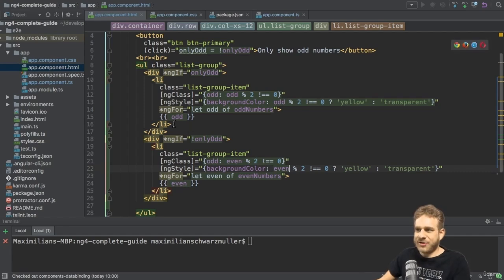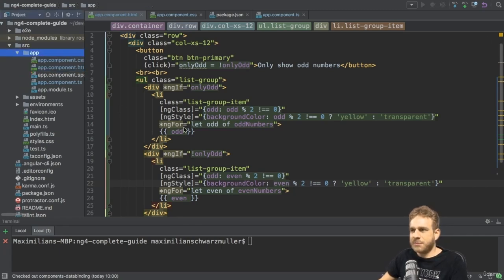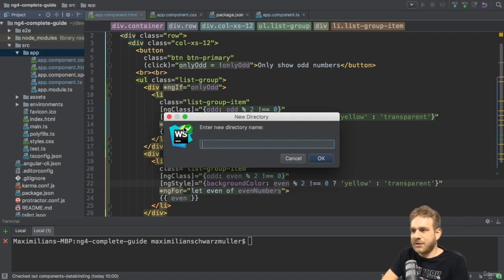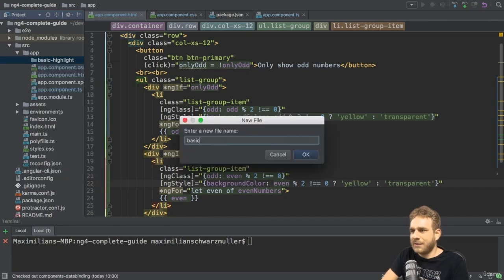So we already use attribute directives like ng-class and ng-style. It's even easier to understand what they do once we've built our own one. So I want to build a directive which simply highlights an element I hover over, let's say. Of course, I could achieve the same with normal CSS styles, but this is just a good demo. So I will create a new folder and I will name it basic highlight, like this, because in there I'll create a new file, basic highlight, and now